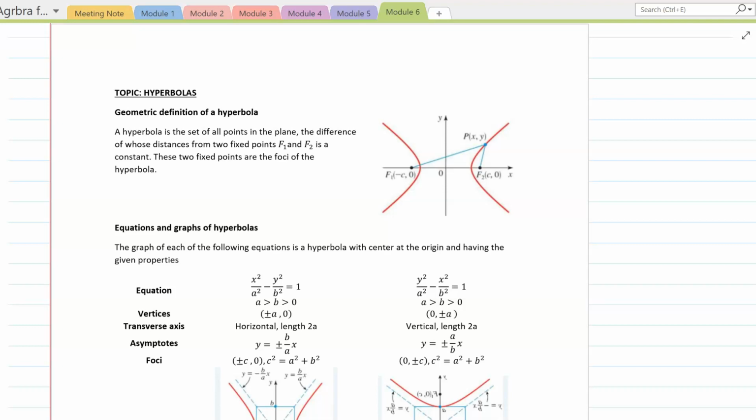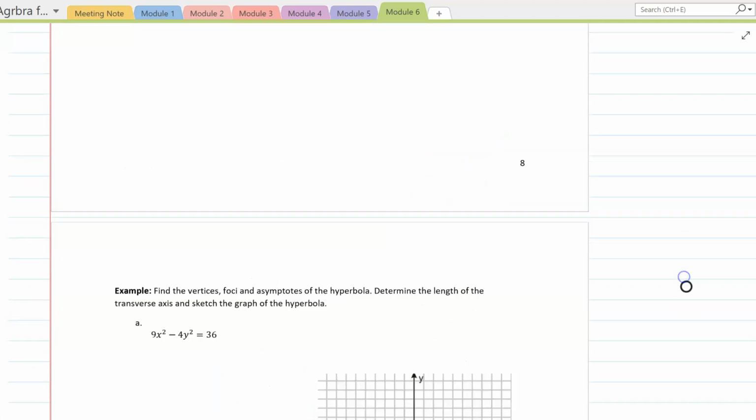A hyperbola is the set of all points in a plane, the difference of whose distances from two fixed points F1 and F2 is constant. These two fixed points are the foci of the hyperbola. So the hyperbola has the equation x squared divided by a squared minus y squared divided by b squared equals 1,